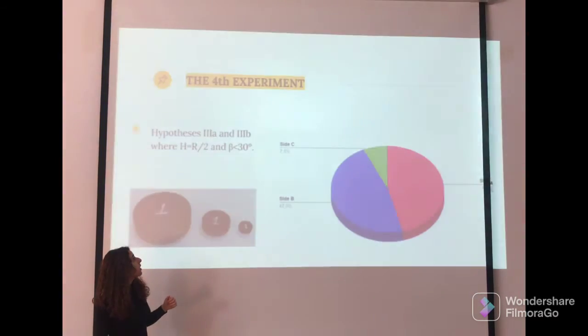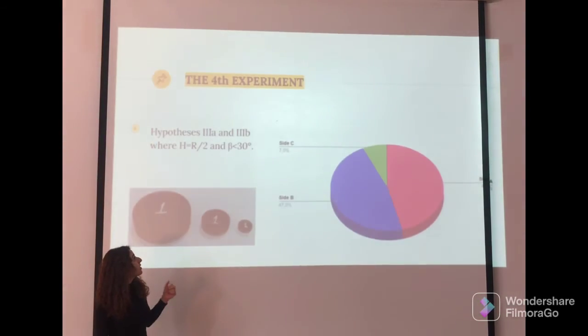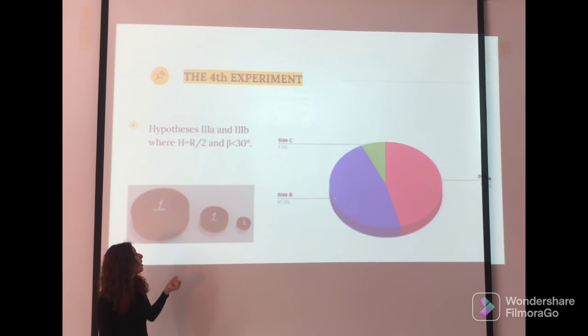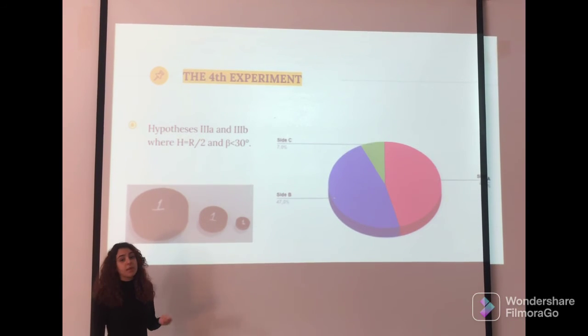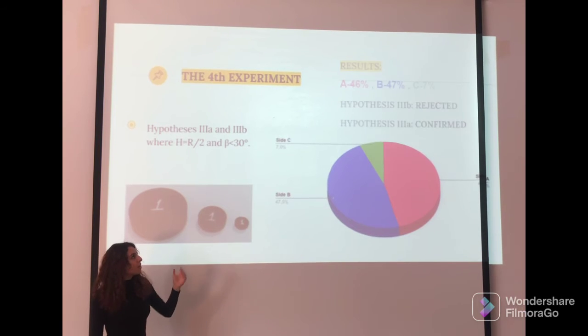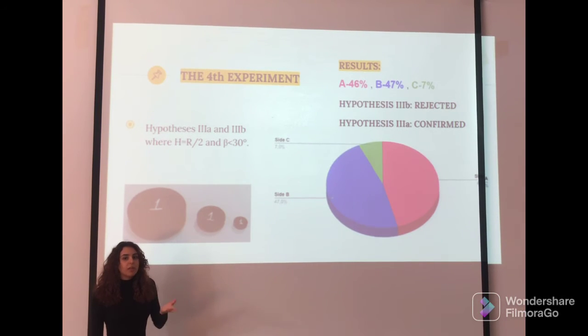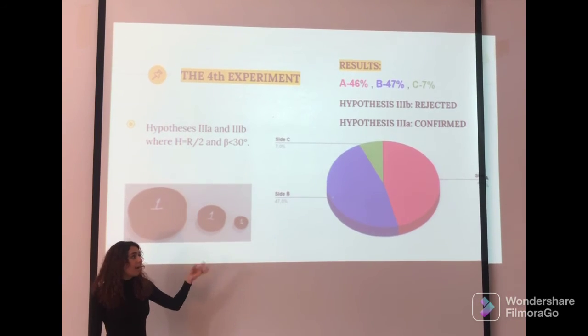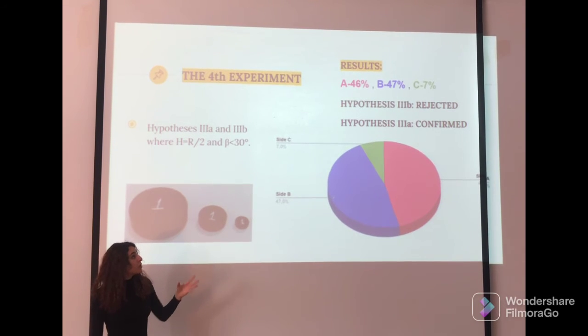model is confirmed. This is the fourth experiment, which tests hypotheses 3A and 3B, where the height is half the radius and B is less than 30. So, based on the results, we see that there is a much greater probability for falling on its base than the cylindrical surface. So, hypothesis 3B based on the surface area model is rejected, and hypothesis 3A based on the